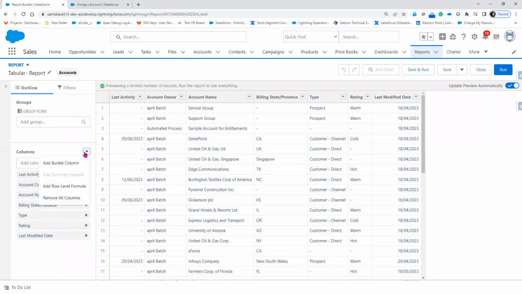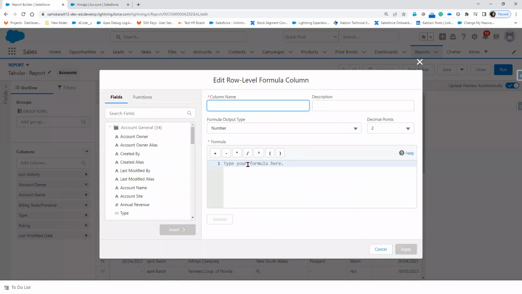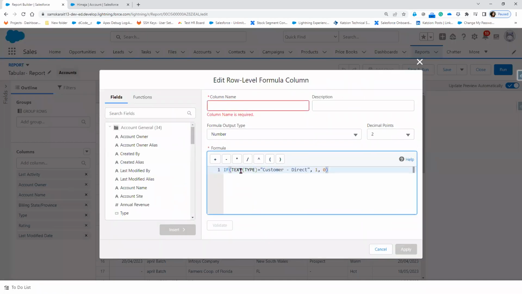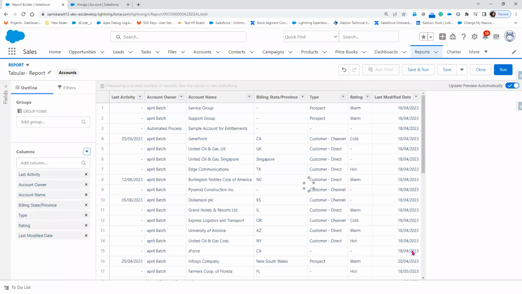Now I'm going to add a row level filter. Now this is a customer direct. And number is 0, validate, valid, and click on apply. Now it is applied. Now if you see here, from this we can understand how many are actually customer direct,